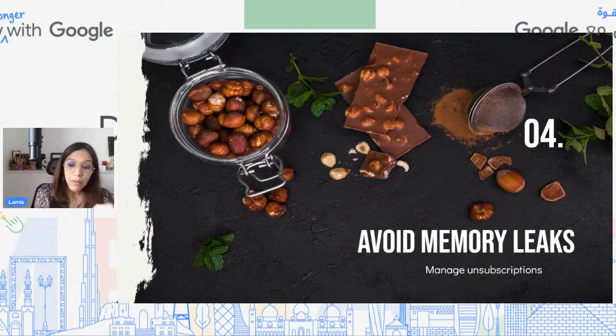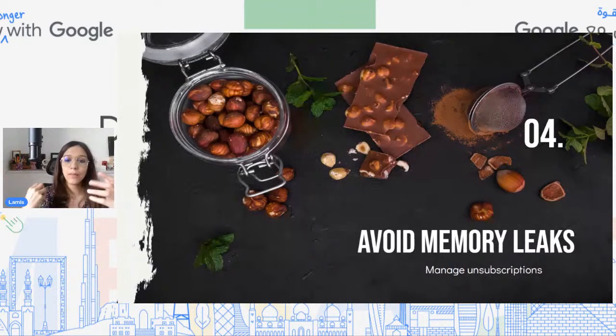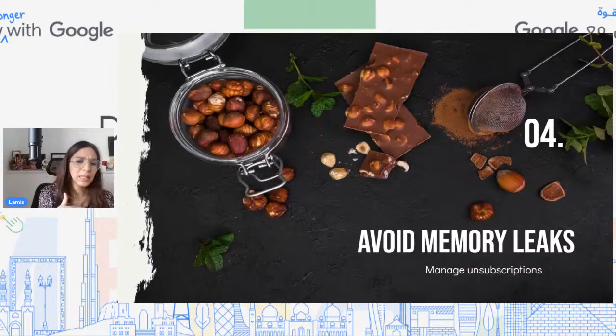Now let's move to the memory leaks. It's good doing all this and playing with the stream, combining, doing many manipulations, but don't forget, especially when using Angular applications, to manage the memory and to avoid memory leaks, because when you subscribe to an